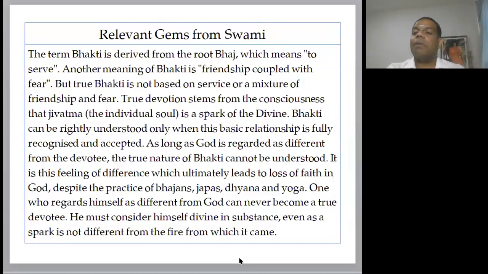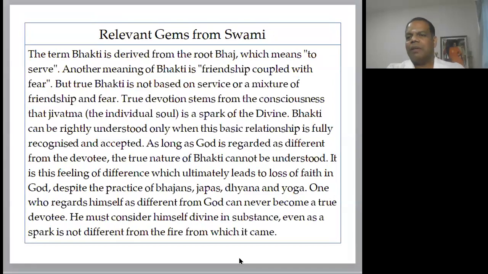Some people call it bhaya bhakti. Bhaya bhakti means you worship the Lord with a little bit of fear, humility, you can say. We have that in Tamil too. So bhaya bhakti also is considered devotion by many people. We listen to God, whatever He tells, we will do because we are afraid that He may punish us. That is also devotion. So people in general consider that devotion. But Swami says the true devotion is much different. Though we consider these as devotion, Swami says the true devotion is where the devotee feels one with God.